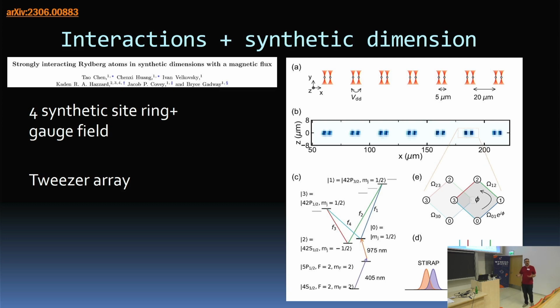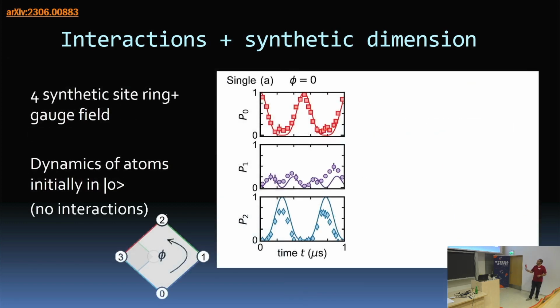States 0, 1, 2, 3, 4, 0, 1, 2, 3 that are coupled with microwaves in the way that I described, and now we let them interact. And this is in a tweezer array, a one-dimensional tweezer array, where they can do local imaging as well as the synthetic dimension. So we have real space interactions plus this synthetic dimension. And here's what they observe. So they start the molecule, atom, and this is the mistake of trying to combine both of these things in one talk. They start their Rydberg atoms in the 0 state, and here this data is just for a single Rydberg atom.